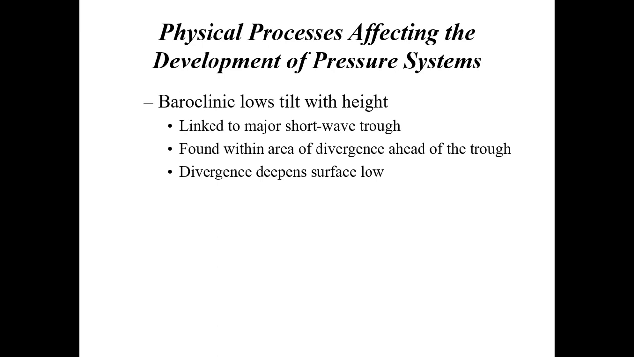So the main area of the atmosphere where we're going to see these vorticities and these shortwave troughs and ridges is basically up at around 18,000 feet at 500 millibars. But with a major shortwave trough, that trough extends through a greater vertical depth of the atmosphere, in more than one layer. And generally, baroclinic lows are going to be found within areas of divergence ahead of the trough,